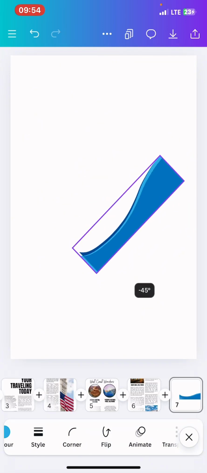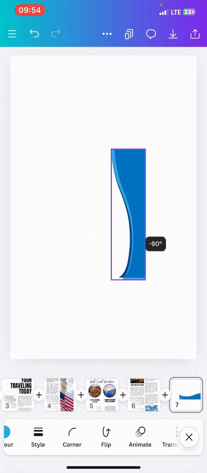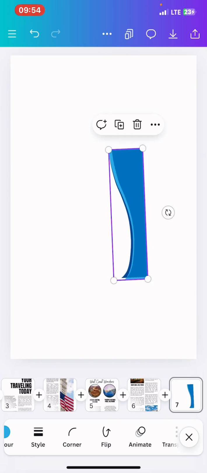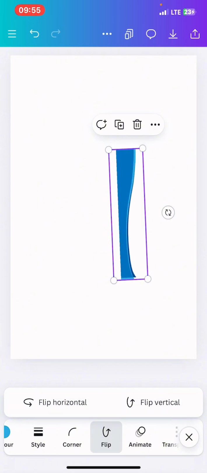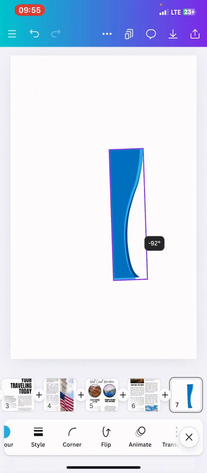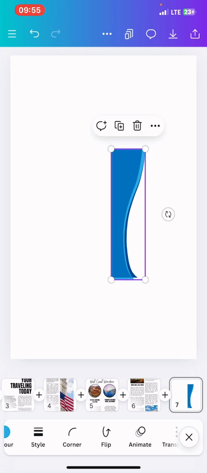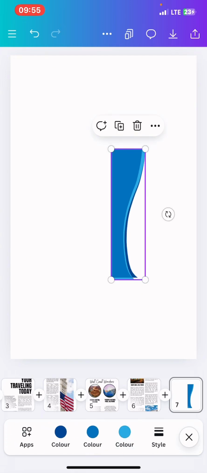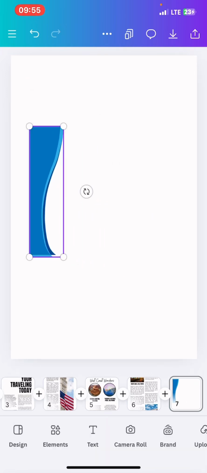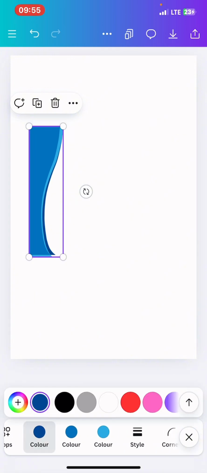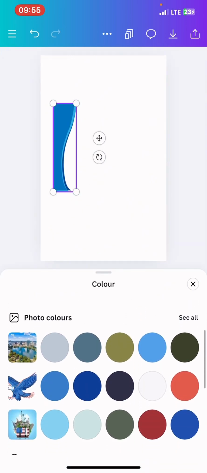Then once I flip it like this, I will flip it again, and perfect. So this is how I want it to be. But first of all, I should have checked. Okay, so the colors can be changed. Since we are working with three colors, white, red, and blue, I want to make sure it fits in our USA colors, the colors that we are using for our design. So I have to go through our color palette